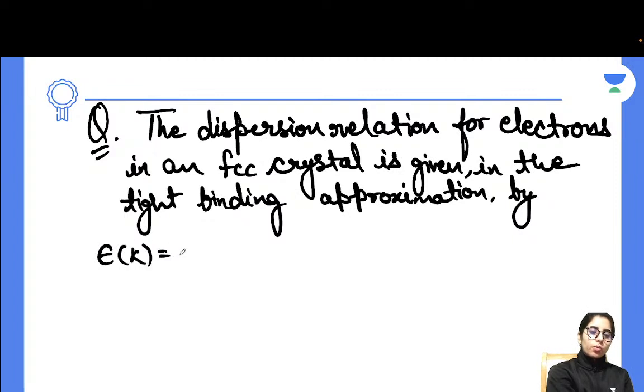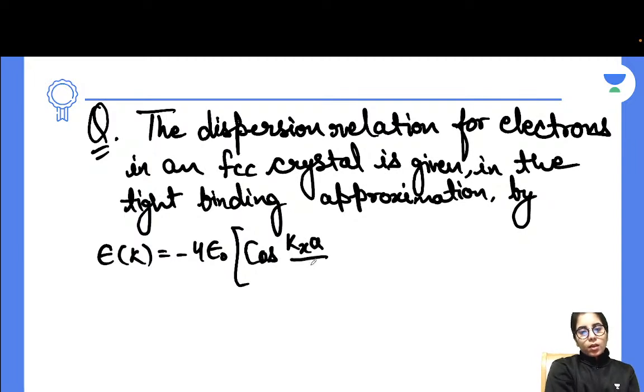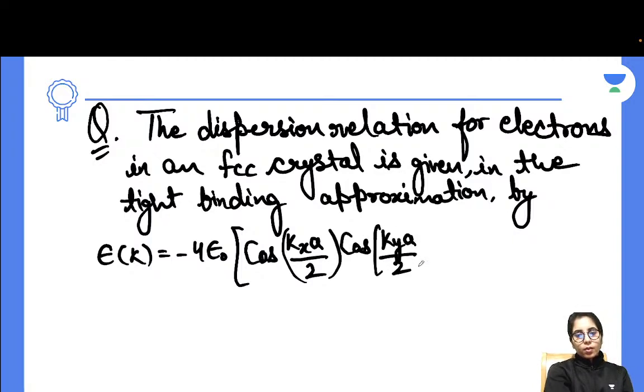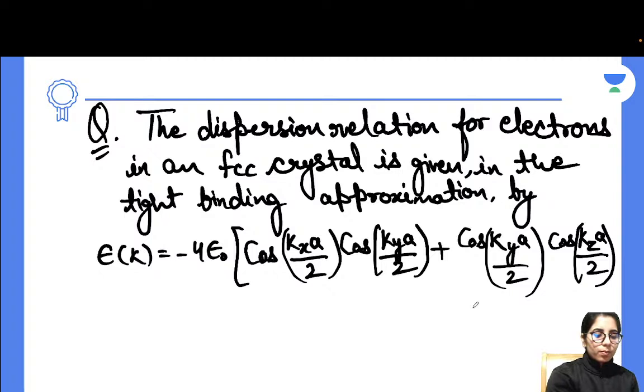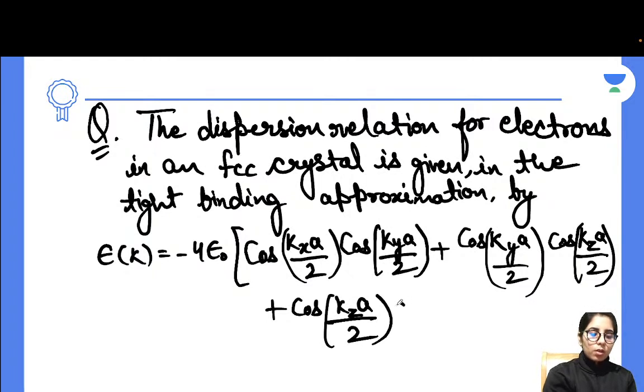epsilon k is equal to minus 4 epsilon naught times cos kxa by 2 cos kya by 2, then plus cos kya by 2 cos kza by 2, then plus cos kza by 2 cos kxa by 2. That's what you will have now. Clear? Now the next thing, where